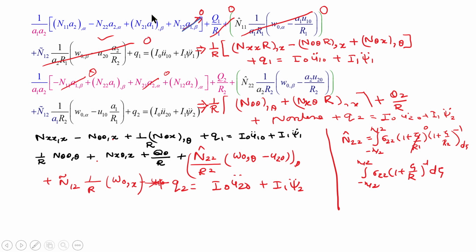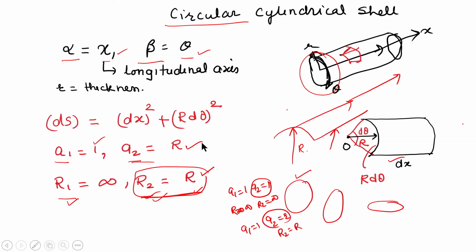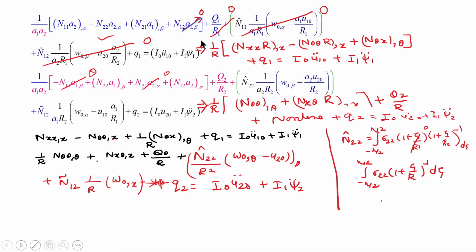Then N2, 1, N2, 1 will be N theta X, A1 is 1 comma theta. Then this term will also not contribute. So, from here one can see that, wait a minute, A2 comma alpha, where I have written something, A2 is R. So, A2 comma alpha means A2 with respect to X, it will not contribute. So, this term will not be there,